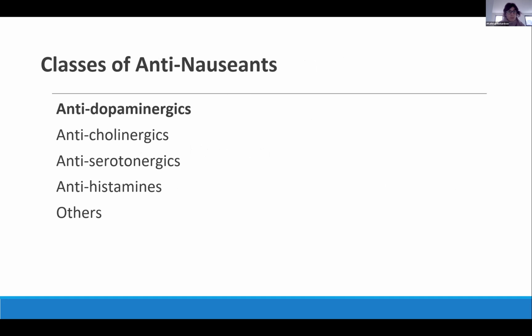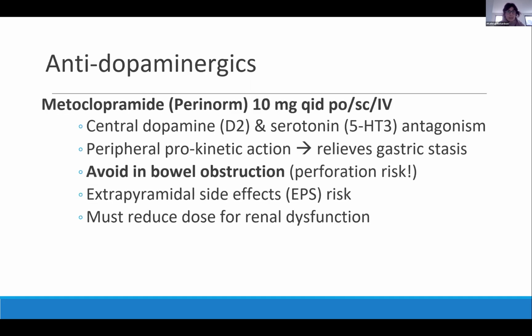So we've already touched on this, and I don't want to go over too much more detail. So we've got here the classes of antiemetics that we've just gone through. Those that work on the dopaminergic receptors, the anticholinergic receptors, the antiserotonergic receptors, and antihistamines as well as others. Okay. So we've gone through already the uses of metoclopramide. So this will be for medication-related nausea, vomiting, or for